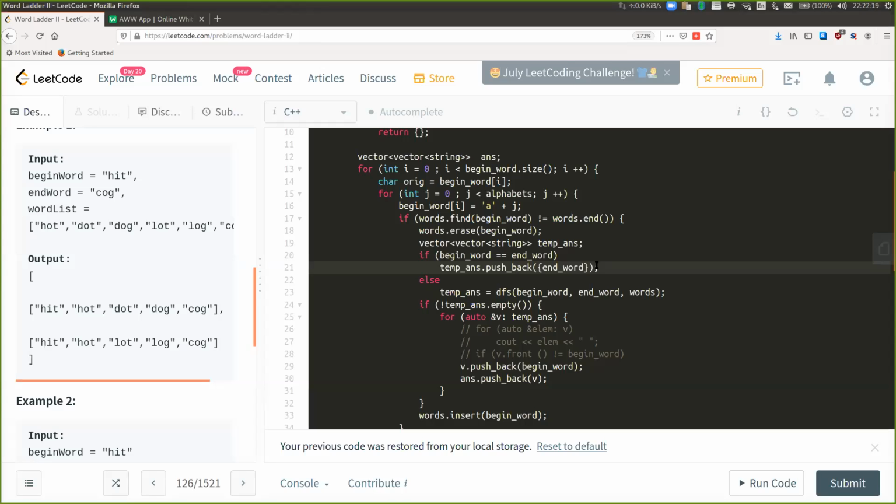No. I agree that all words won't be visited, but we still have the number of children increasing per level. It won't be 26 into n squared. How is the number of children increasing per level? Say you are at hit, right? So for H, you are exploring 26 options. Let's talk about the worst case.